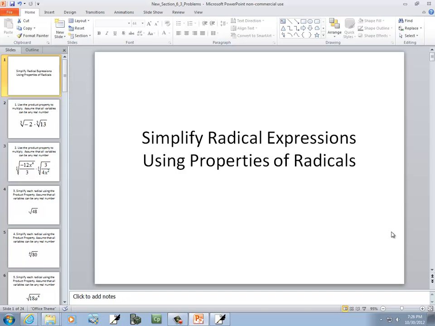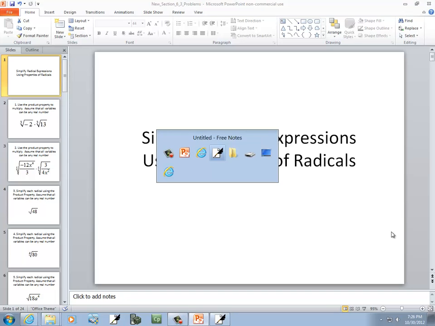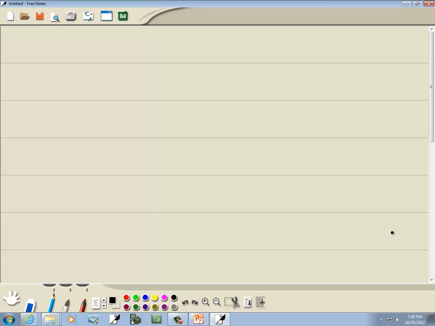Let's take a look at simplifying radical expressions using properties of radicals. And first thing we're going to talk about is the product property. And we'll have various properties. Now this one, there's different versions of this, different ways you can write it. But basically, if you're